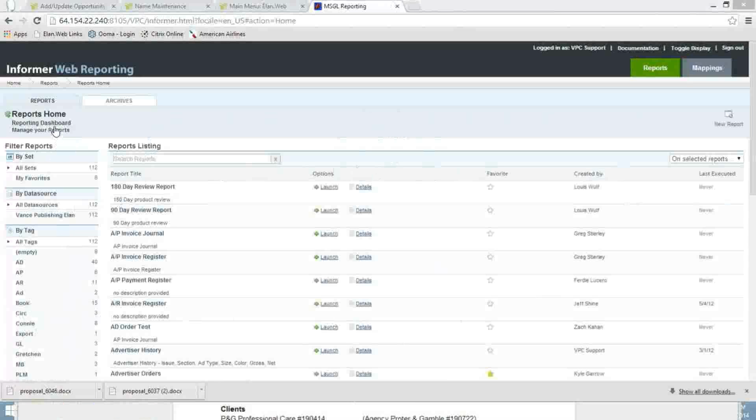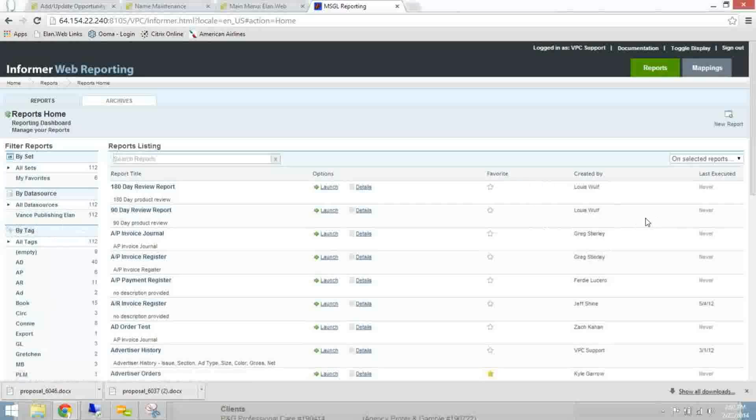Okay? So the first tab we've got here is Reports. And down this Reports tab, we can see that all of these reports are separated up into different areas. And one thing I really want to focus on today is this My Favorites section. If you find a report that you actually enjoy or that's helpful, I would recommend using this star next to the report. If I click this star, I've actually moved that report into My Favorites area,